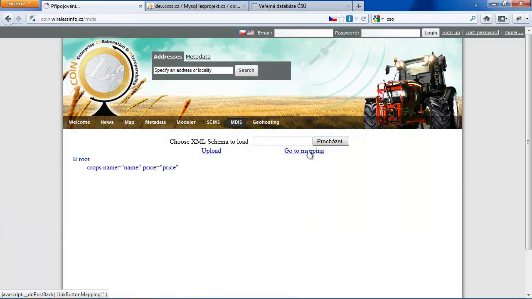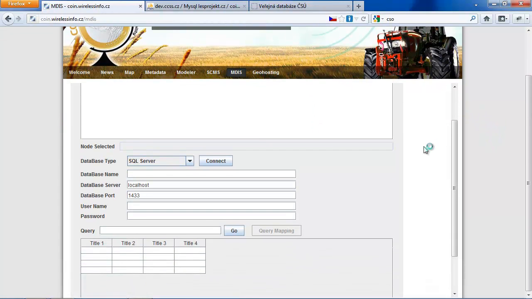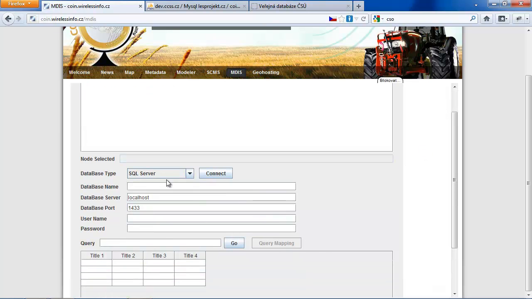In MDIS we will need some XML scheme which we will use for harmonization of data. Then we select connection string and query, which will be used for harmonization. As you can see, now we are selecting only 2 columns.